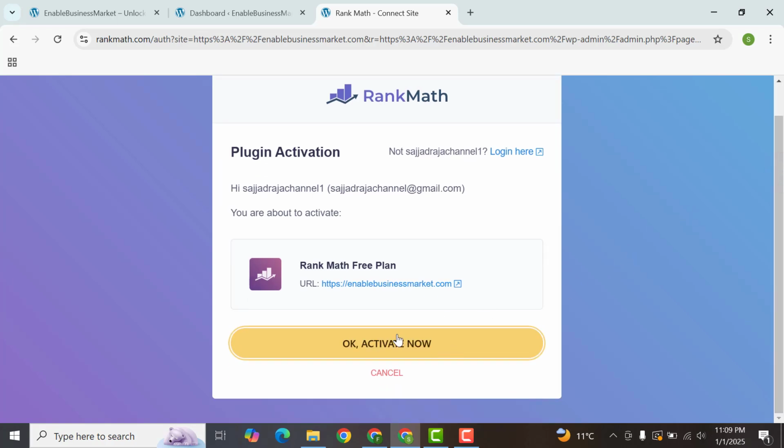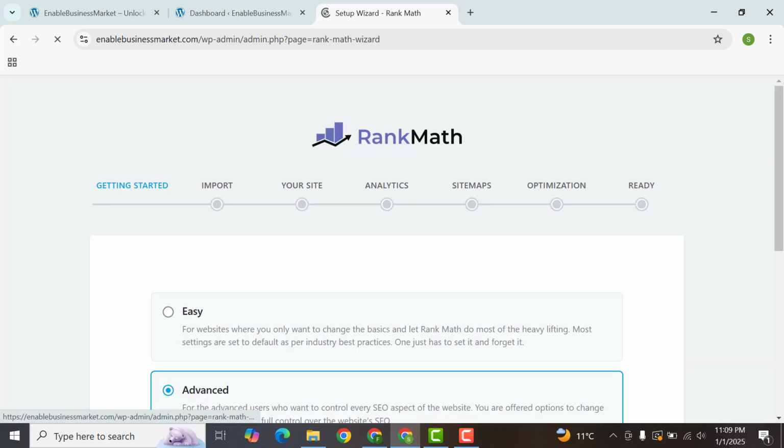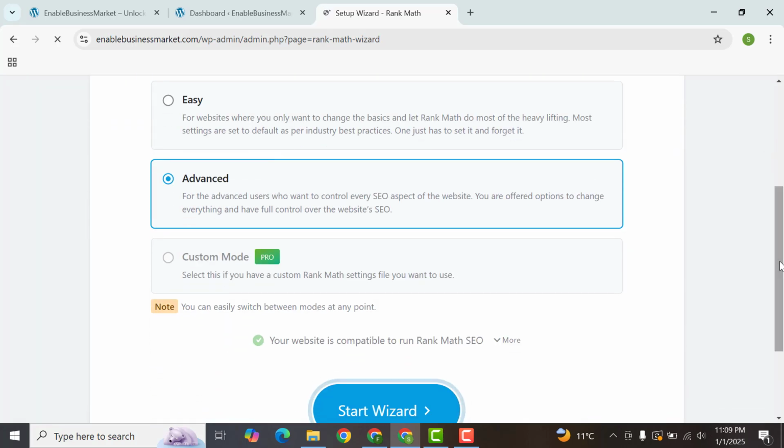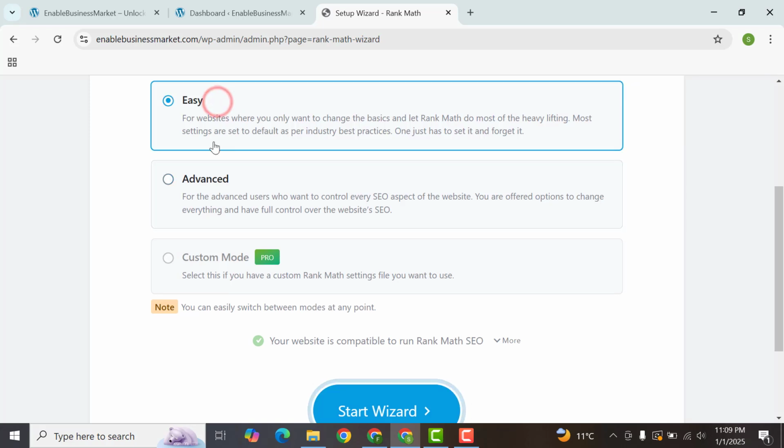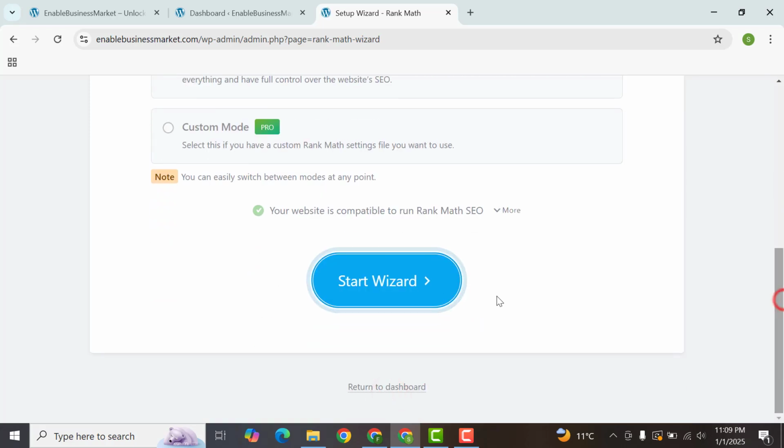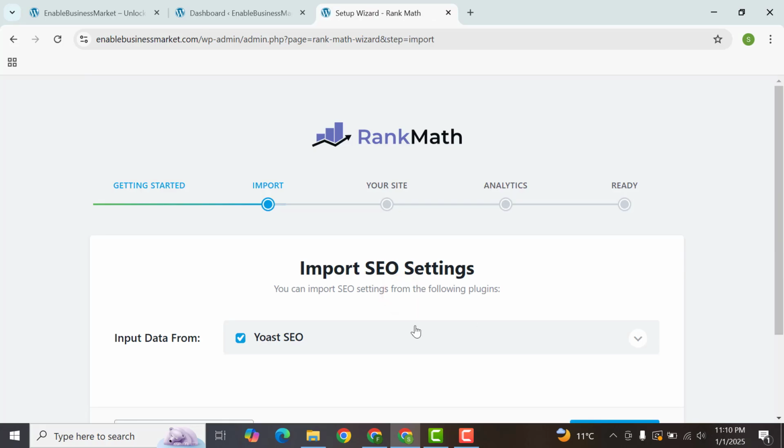Let me scroll down and activate it. Now let me scroll down and set up the easy method. Then let me scroll down and click here, setup wizard,